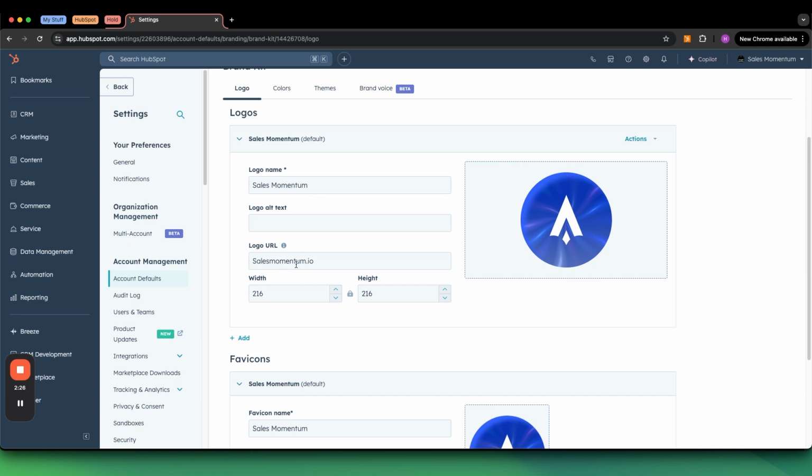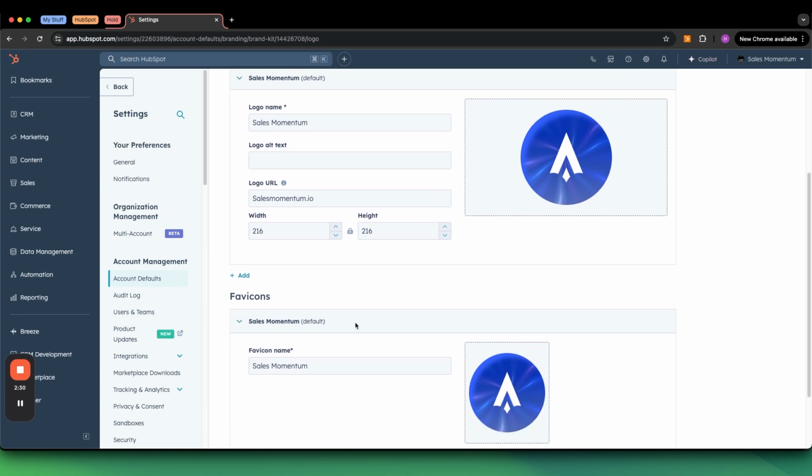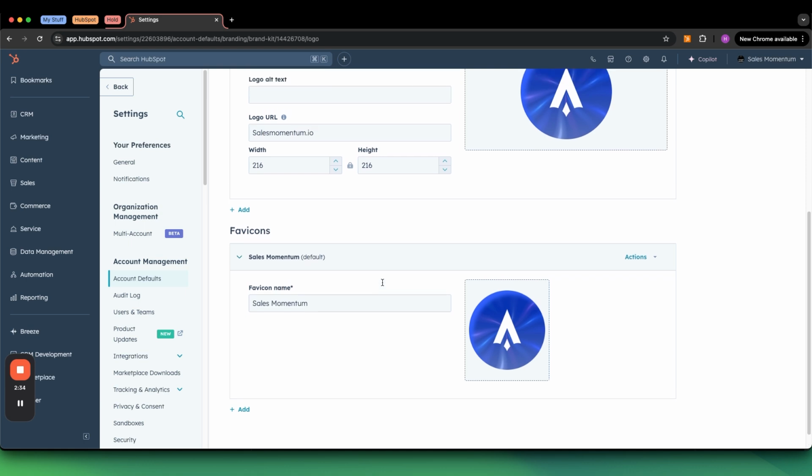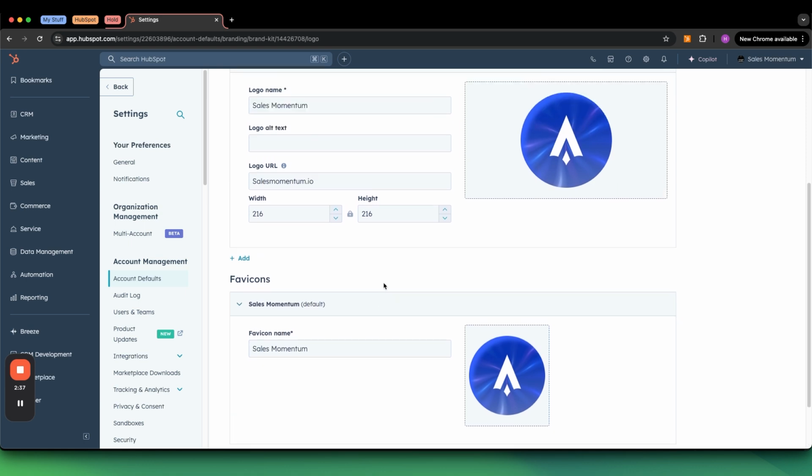The logo for the URL and then the width and height should be automatically applied based off of whatever you upload. You can add a Favicon here if you would like as well. So this is primarily helpful for the website pages and landing pages for like the little icon in the URL